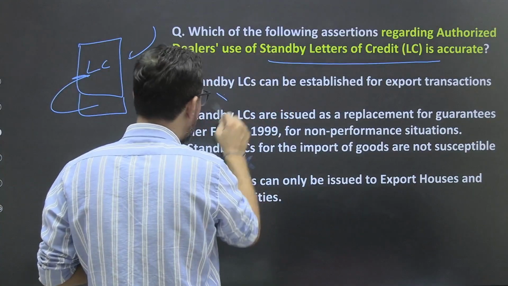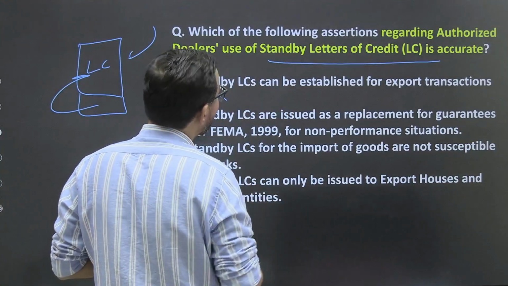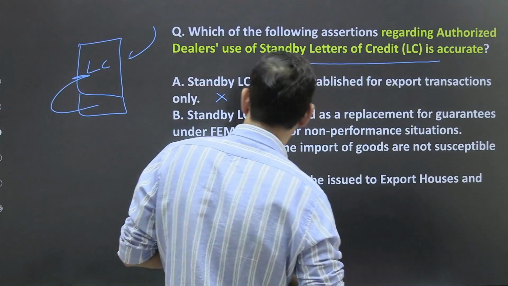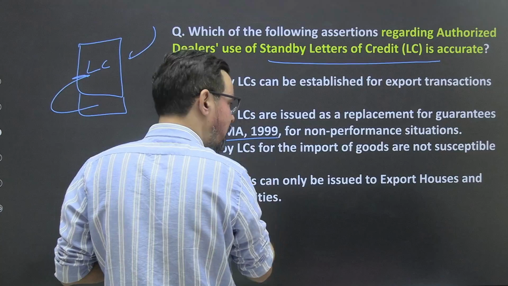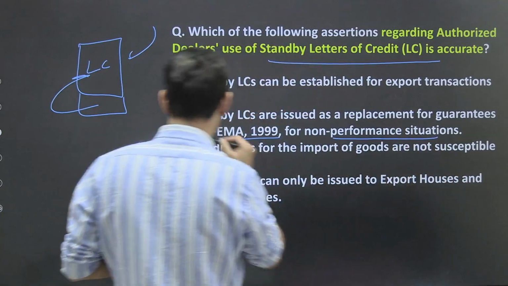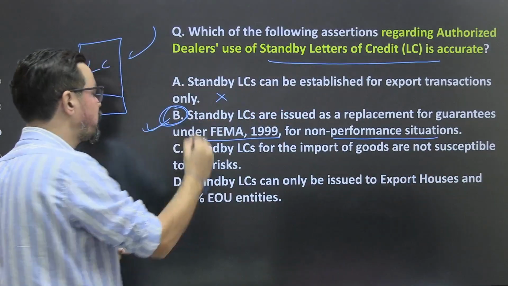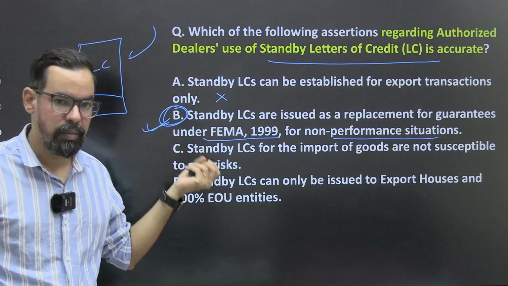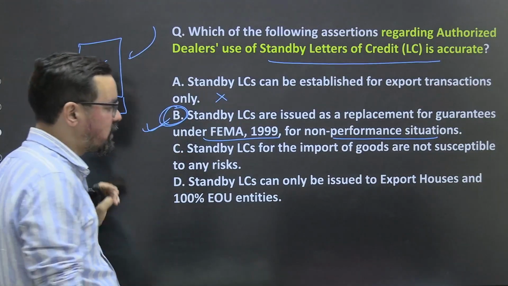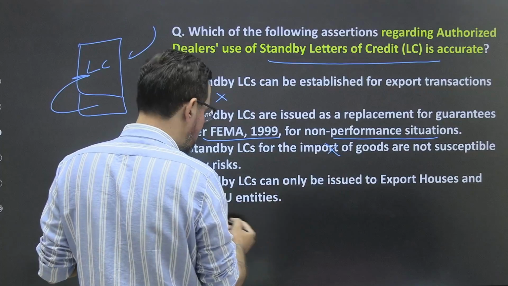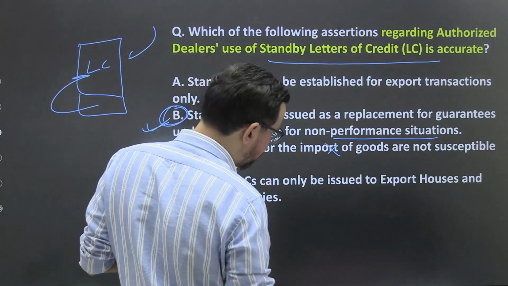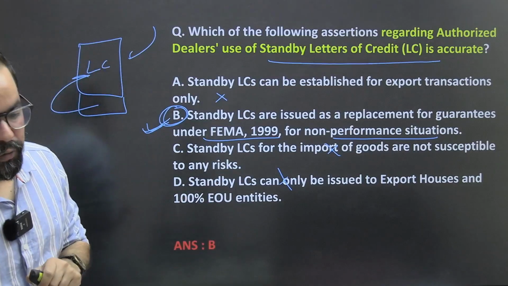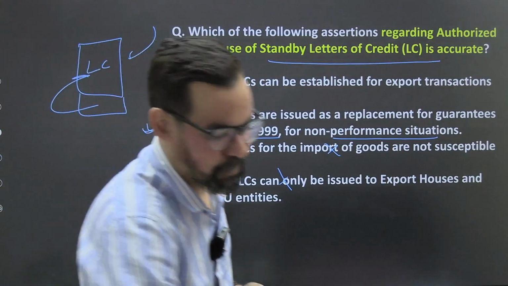सो स्टैंड बाय LC कैन बी established फॉर एक्सपोर्ट ट्रांजेक्शन ओनली, नो, इट इज ऐसा कुछ नहीं है, LC पे लिंक होते हैं। स्टैंड बाय LC आर इशूड as a replacement of guarantee under FEMA 1999 एंड नॉन परफॉर्मेंस ऑफ सिचुएशन, बिल्कुल 100% सही है कि अगर बायर नॉन परफॉर्मेंस में जा रहा है सो बैंक विल मेक दैट पर्टिकुलर पेमेंट। स्टैंड बाय LC इज फॉर इंपोर्ट नॉट ओनली इंपोर्ट, एंड स्टैंड बाय LC कैन ओनली बी इशूड एक्सपोर्ट, नो। तो क्या होगा आंसर आपका, B will be the right answer for this particular one, ओके।